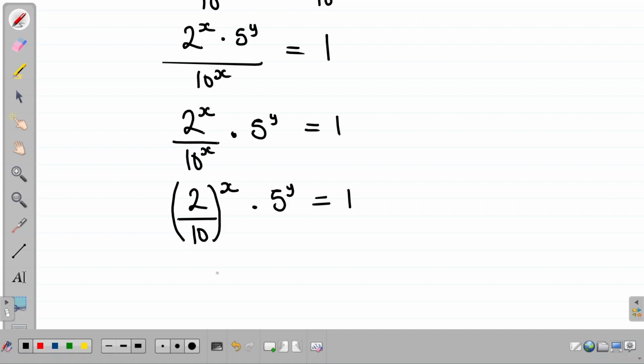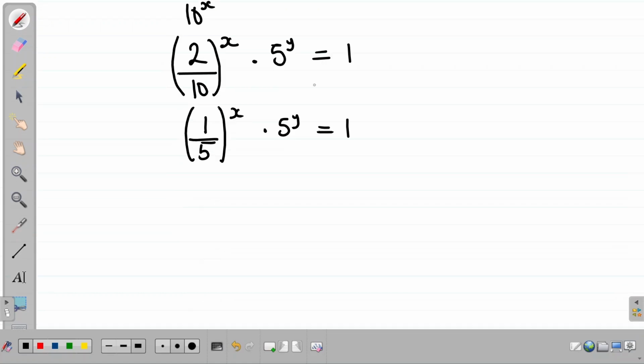So from the left hand side, our equation can be written as 1 divided by 5, all raised to the power of x, multiplied by 5 raised to the power of y, equal to 1. Now we can write this as 5 raised to the power of negative 1, with an index of x, times 5 raised to the power of y, equal to 1. So the equation becomes 5 raised to the power of negative x multiplied by 5 raised to the power of